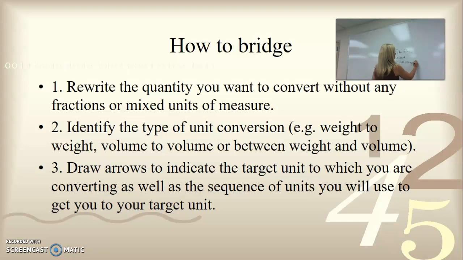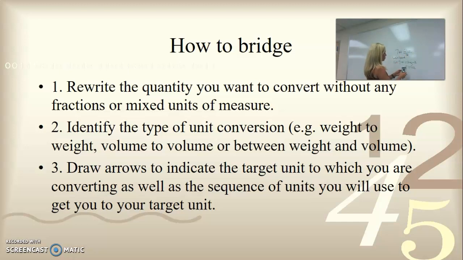Ounces plus these 2 ounces means that we also want to convert 114 ounces. That would be an example of getting rid of a mixed unit of measurement, okay? You could also convert this 2 to a decimal, right? You could say 7 point and then you'd put 2 over 16 because there are 16 ounces in 1 pound